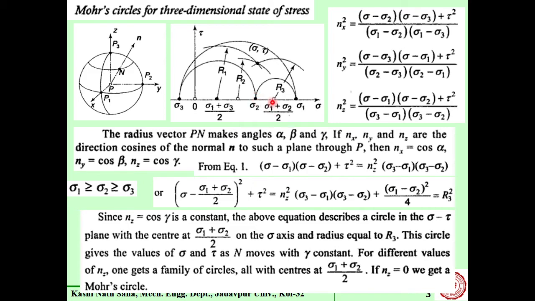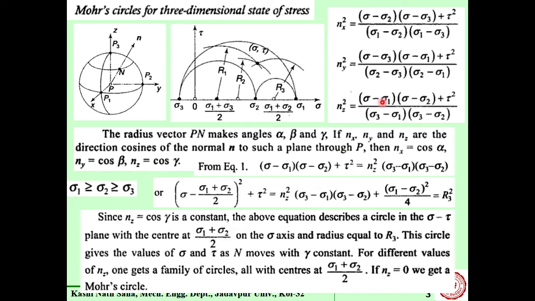The only thing is why this region is the only possible region, and these regions are not possible. This is clear. Now I think this much is clear, how we are getting the family of three circles. Let us focus on this. This is what I have just mentioned. This is the third equation. Cross multiply. Is it clear?